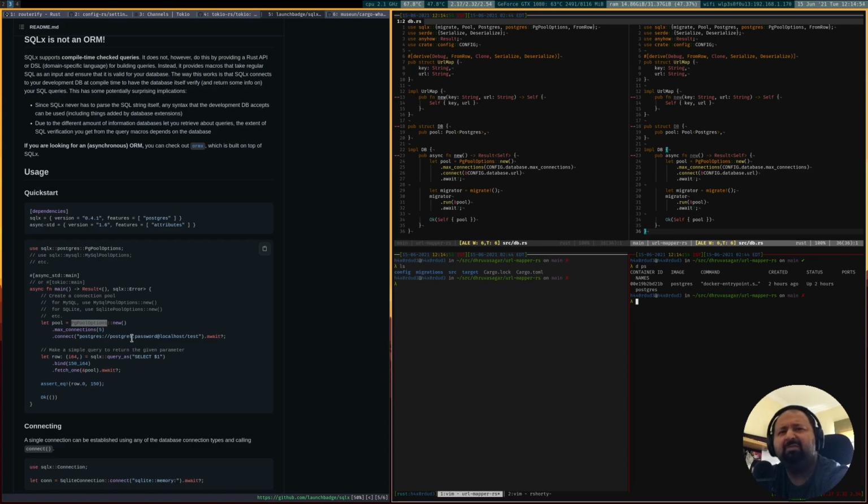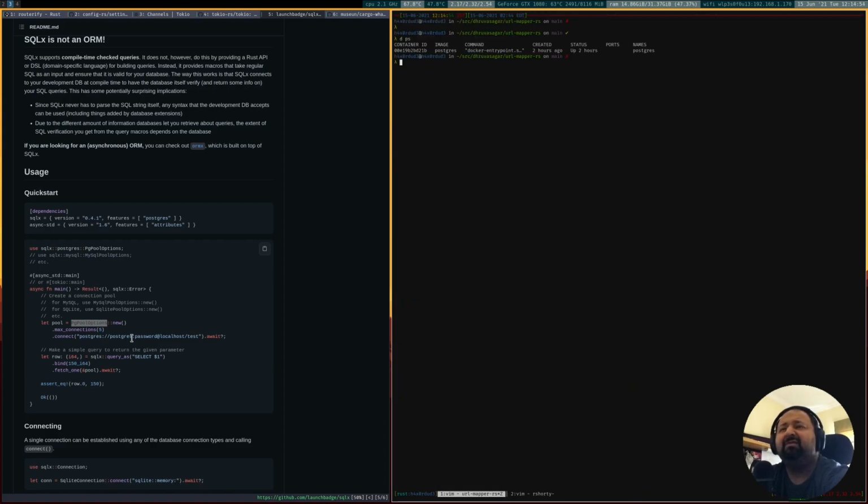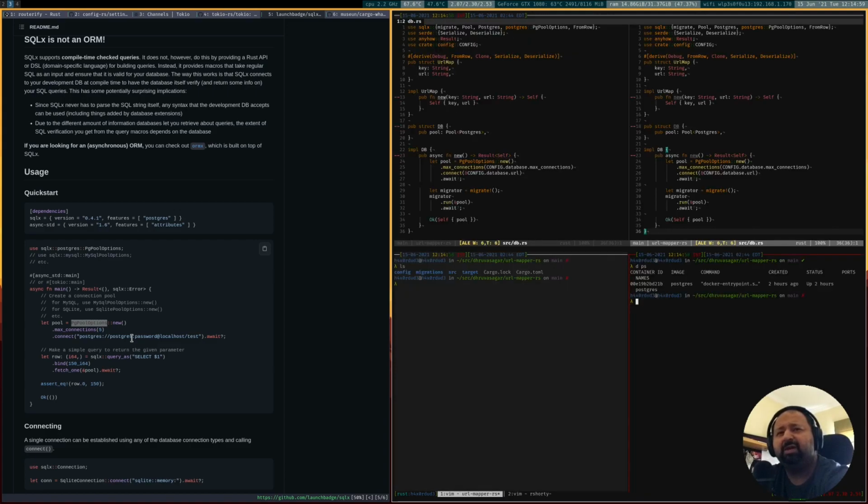So I'm running Postgres, and I've exported the port to my localhost. I've made sure that the network for this container is going to be the same as that of the host, so that the service is now available on my host machine. And so we're going to be using this as our Postgres backend. For this purpose, I'm going to go ahead and change the configuration to match this.